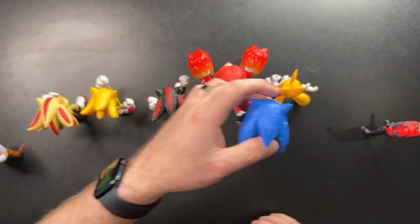And for the most part, this is every character in the Sonic movie 5-inch form. Of course, there's gonna be some other variations of characters, like an angry Tails and an even angrier Shadow, and a mascot head Tails as well. Why does Tails have 3 different versions of himself, but we can't get any other forms of Sonic? Part of me was hoping that with the Wave 3 Sonic, it would get rid of this little stripe thing here, but